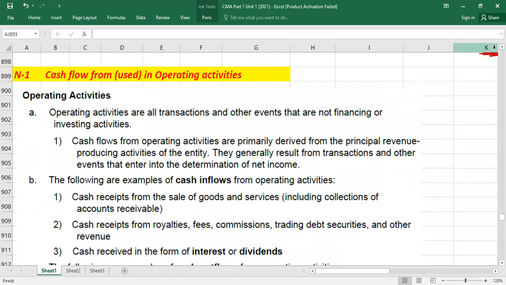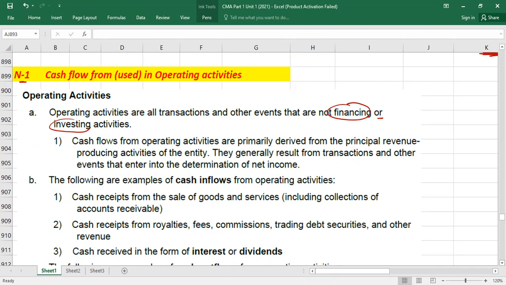Note 1, right? We are going to talk about the format now. Operating activities. Obviously, how operating activities are defined, as I told you. Operating activities are those activities which are not part of financing activities or investing activities. By the way, these are your principal revenue generating activities, your day-to-day activities. Okay? And mostly